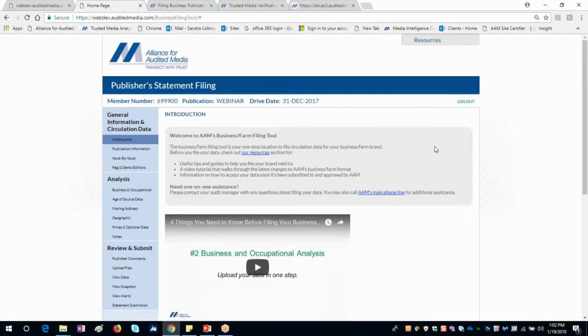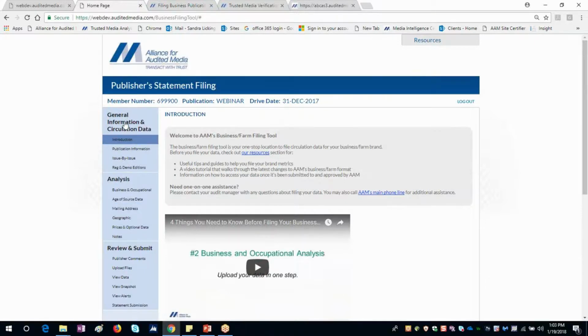Also, if you go into the resources up at the top and click on helpful tips, it also directs you to the filing instructions. We also have a 2-minute video here, and this 2-minute video just goes over what those filing enhancements are. So I highly recommend that you play the video. The video goes over the enhancements, which I'm going over in this webinar. So that's our introduction. Now the filing tool itself is broken up into 3 main sections.